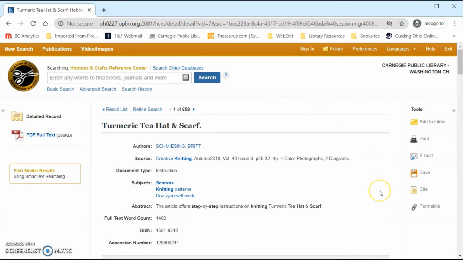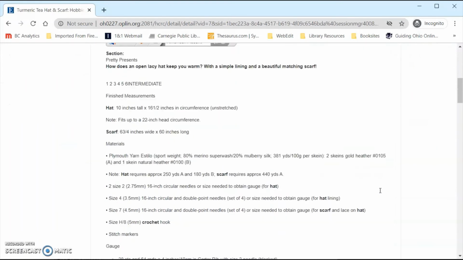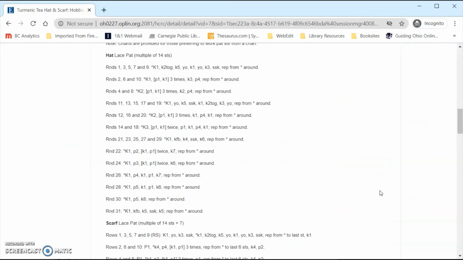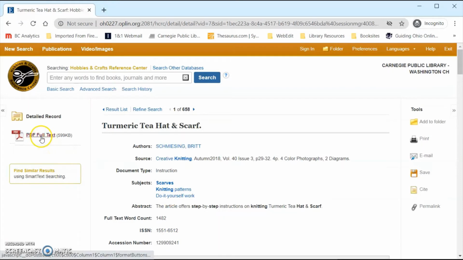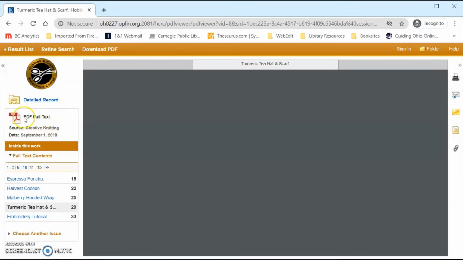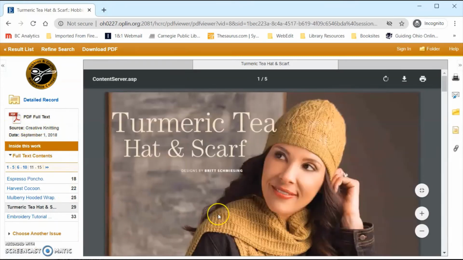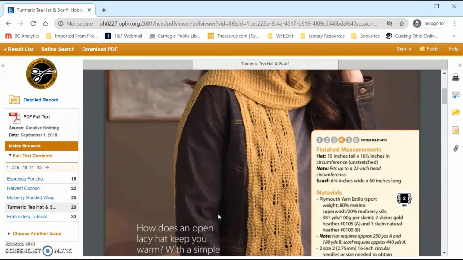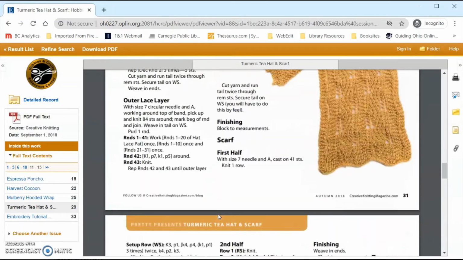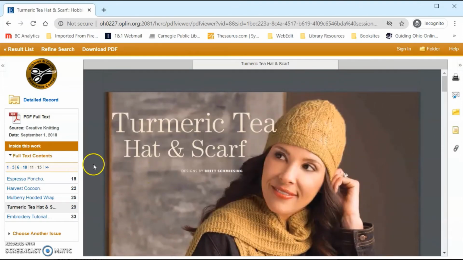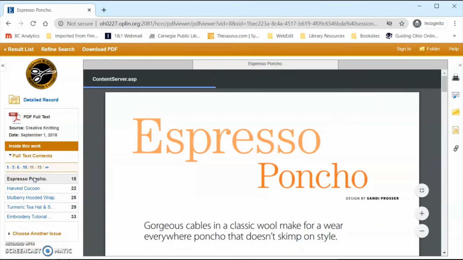So here we have the HTML version of the information, and in this case it's the knitting pattern. But we could also come here to get the PDF version, which I prefer, by clicking on the PDF full text link on the left-hand side. So here we have our result. We can scroll through and read it. To the left, we have the table of contents,